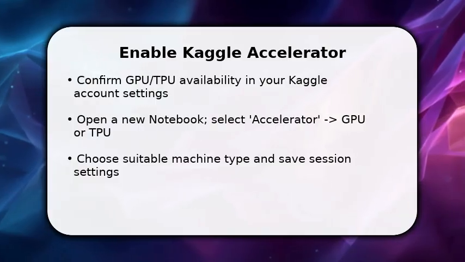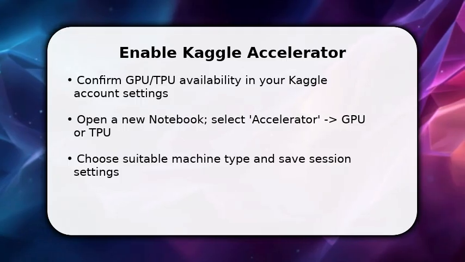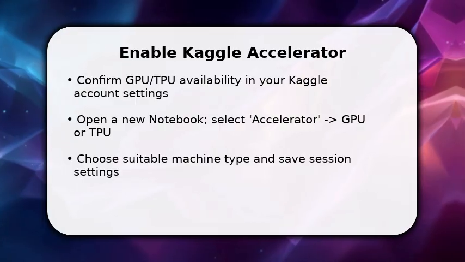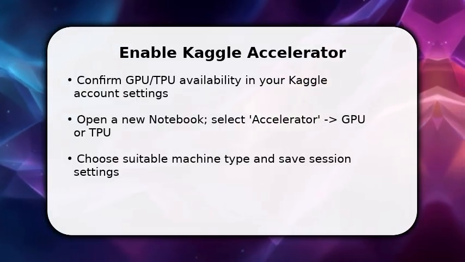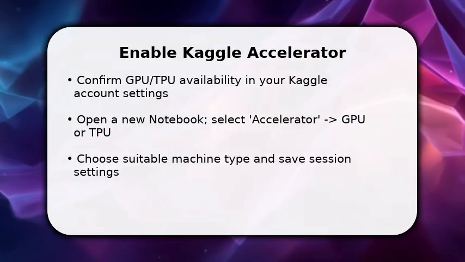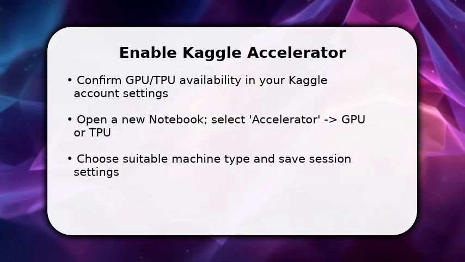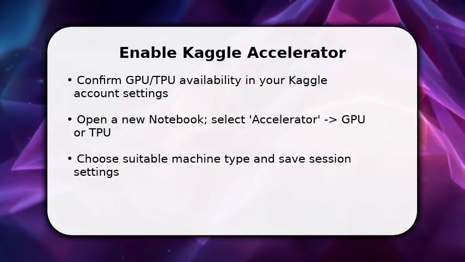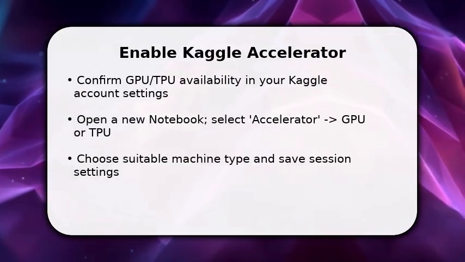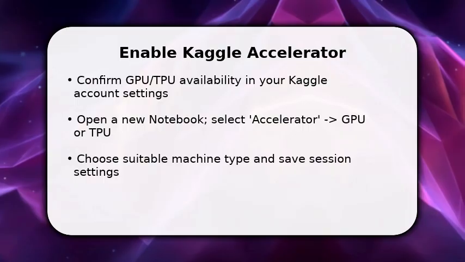You start by confirming that accelerators are enabled in your Kaggle account. Open a new notebook and immediately pick the Accelerator menu to choose GPU or TPU depending on your workload. Once done, select a matching machine type and save the session settings so the runtime restarts with hardware active. Make sure to attach any dataset you need now, because once the runtime is live, you want data mounted and